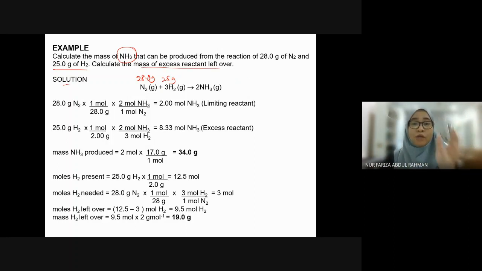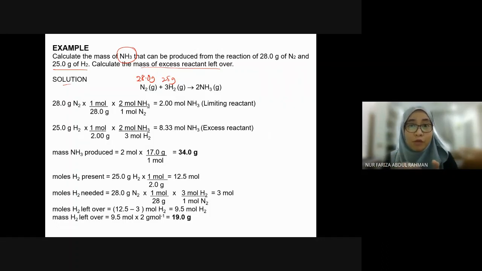Okay, before we could determine the mass of excess reactant left over, again, kita nak kena tahu between these two reactant, which one is the limiting reactant. Betul? We need to know that. Then only we will be able to know which one is the excess reactant. If one is limiting reactant, the other one should be the excess reactant. Okay? Bila kita dah tahu excess reactant tu siapa, then only we can calculate for the